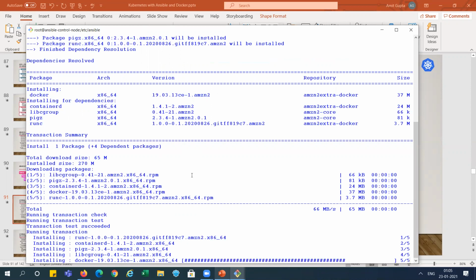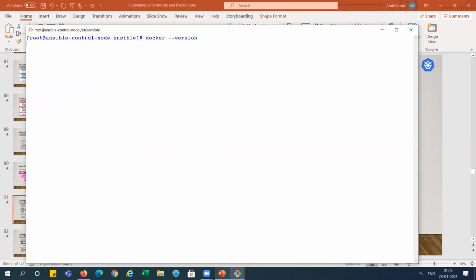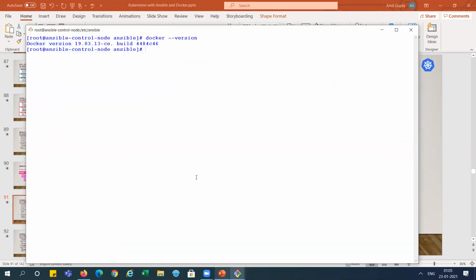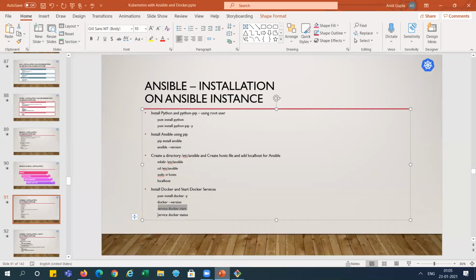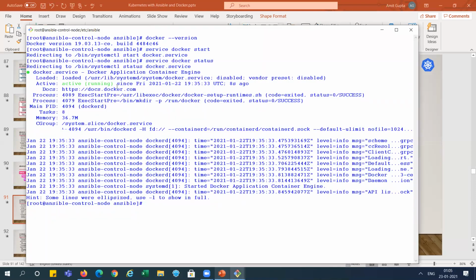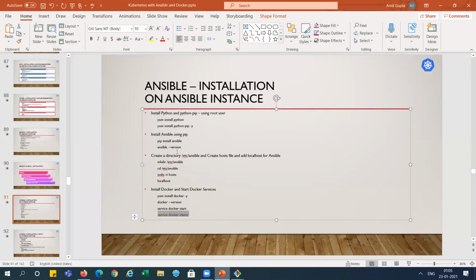Docker installation is in progress. It's done, right? You can check the Docker version, and after that, we can check the Docker service status. See, the service is started. Now we need to check the status, right? As you can see, it is started. We can check some commands for Docker images. Nothing is there. And with docker ps, we don't have anything because it was just installed, right? Our command is working fine. So we have done this installation of Docker over here.